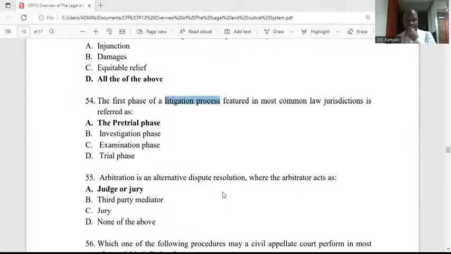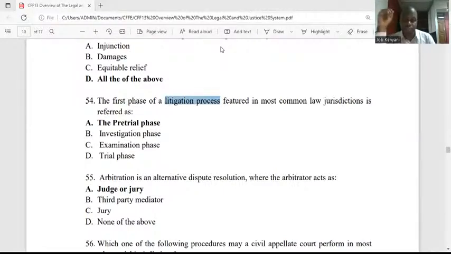So maybe I could ask, which one do you think will be the first one under a civil law jurisdiction? Who can try? That one is very simple. It's not very complicated. Investigation will be the first phase, because under a civil law jurisdiction,